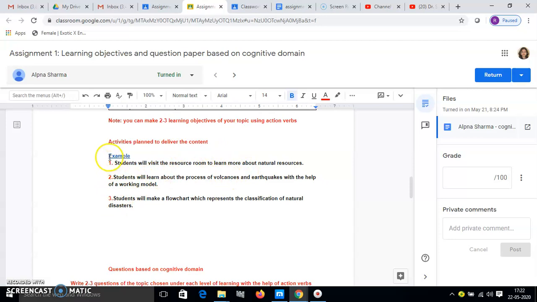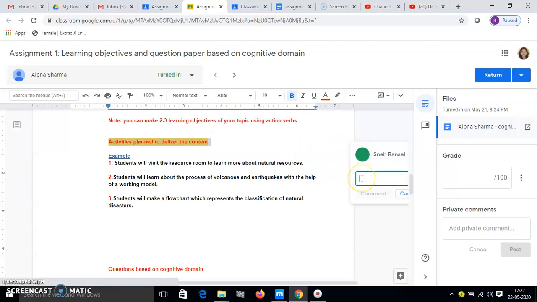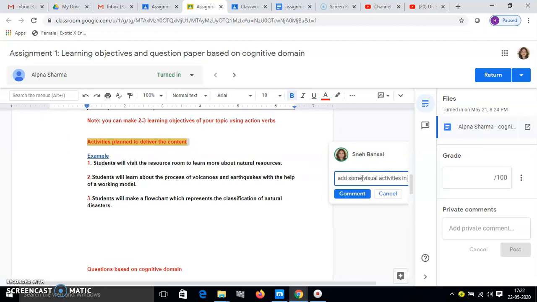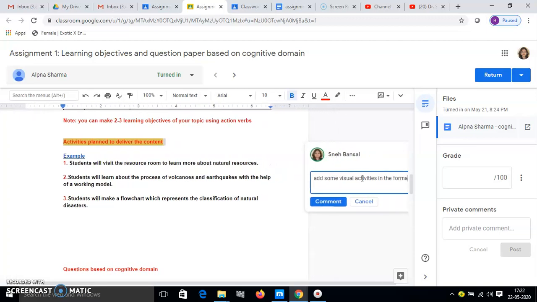I want to write something about this, so I'm going to highlight this and add a comment. Instead of only giving the activity, I want the student to also add some visual activities, like in the form of pictures. This is just a random remark I have put.